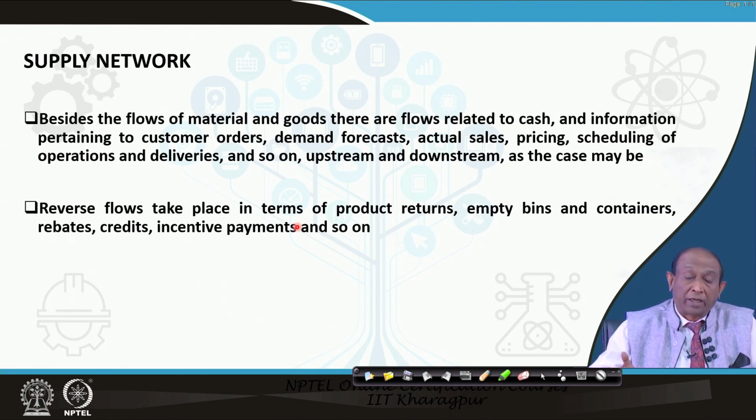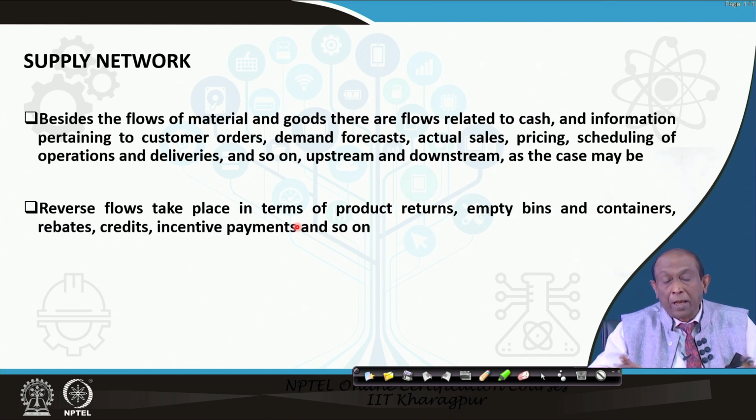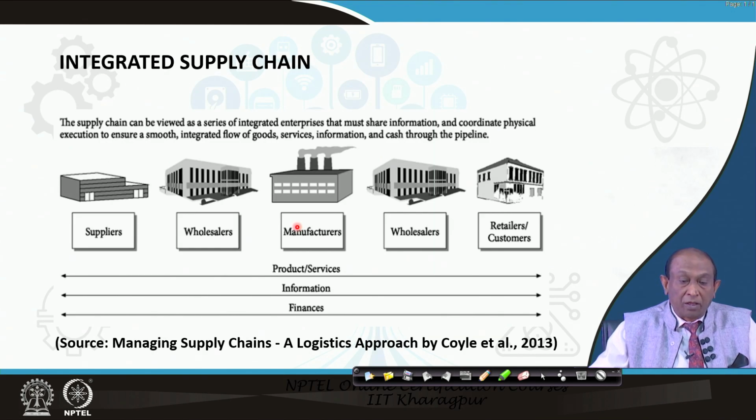Reverse flows take place in terms of product returns, empty bins and containers, rebates, credits, incentive payments and so on. So, it is basically management of bidirectional flows, which is very, very important in managing supply chains. So, when you look at an integrated supply chain, the supply chain can be viewed